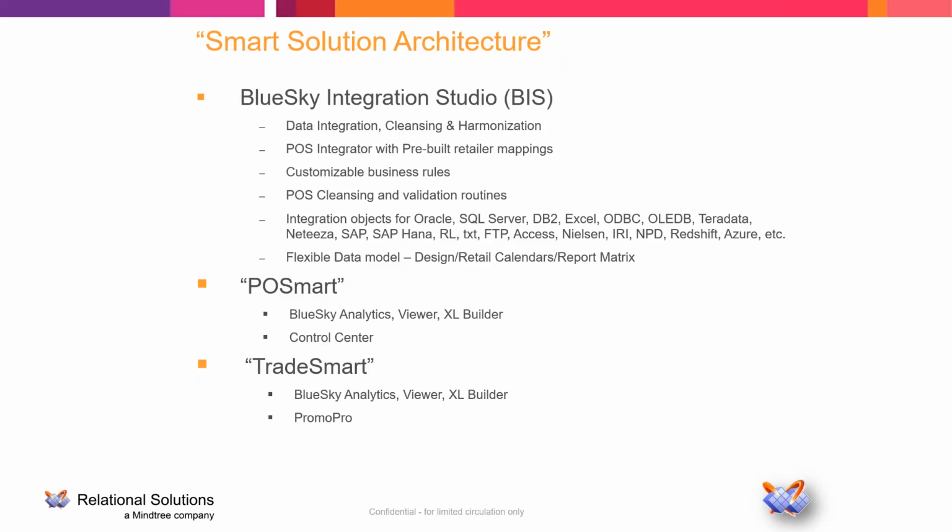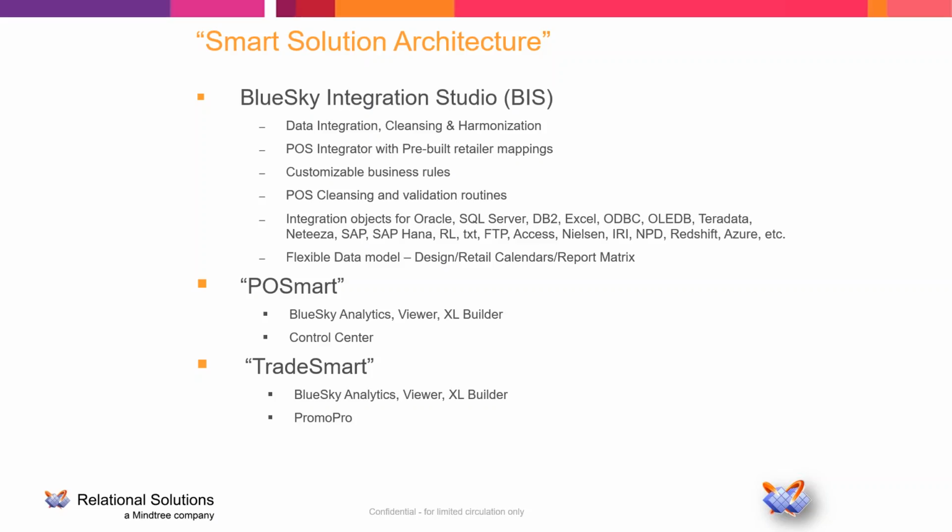And our data model is designed in a way that allows for fast performance of query speeds. It also has the flexibility to add other subject areas. We design our data model in a star schema, so you can add other subject areas. We also have that designed in ways to allow for the solution to be in the cloud or in an MPP platform. We also have the retail calendars built in, so you can report to your management based on your terms, and you can report to the different retailers based on those retail calendar terms.